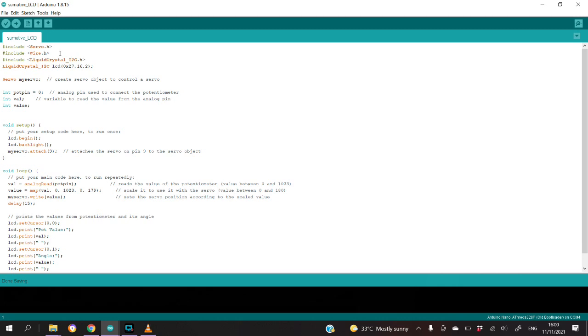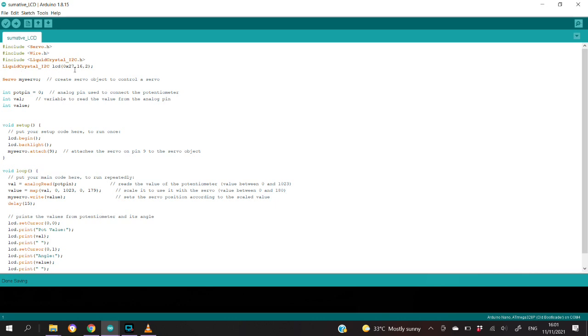So we will include also the library for the liquid crystal display with I squared C protocol. So we can see we declare the liquid crystal display I squared C